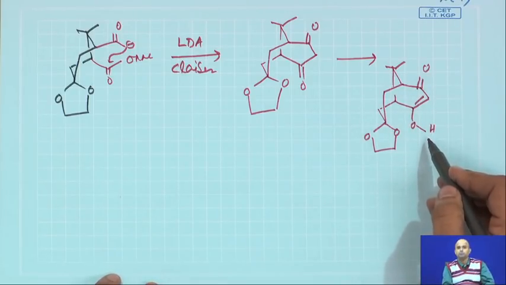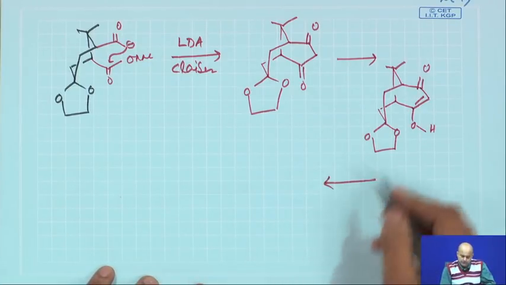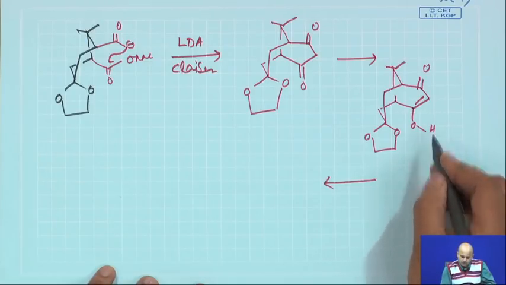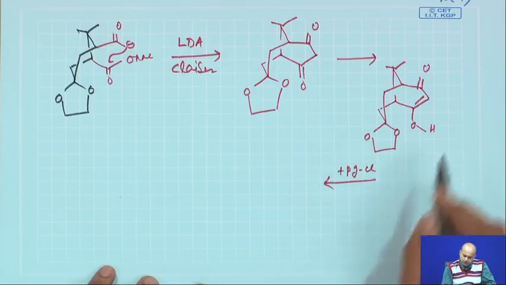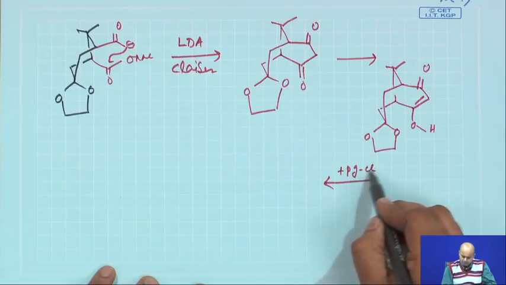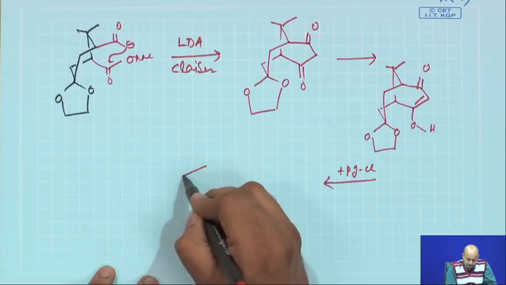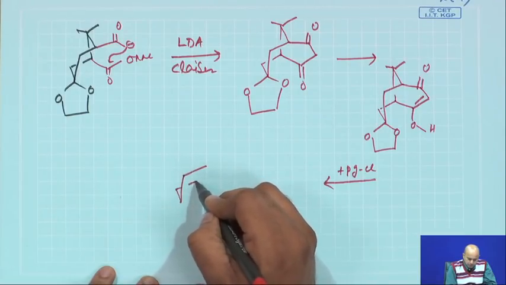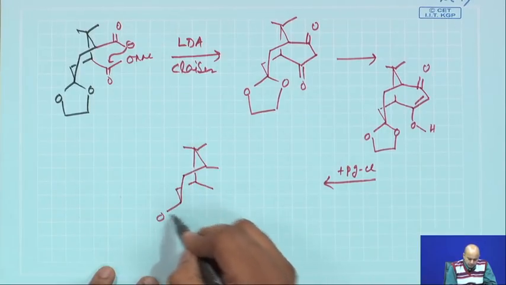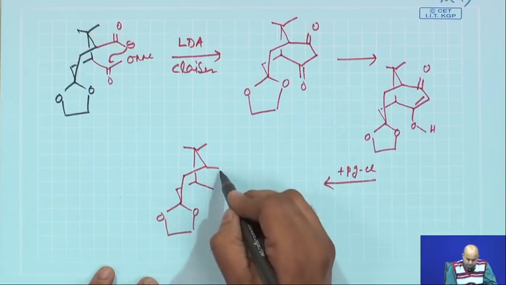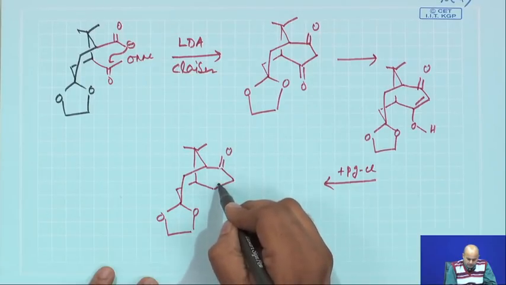Now, this enol you probably cannot keep as an enol, you can simply do a protection here with this alcohol. Normally, as we are not discussing this protection group here, you can put in any protecting group just by doing a protection. And now, we will see how this structure looks, which is ready for the next round of reaction. So, this part is remaining there. So, you are having the diketone here and you are having this